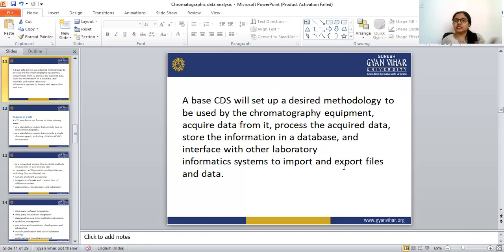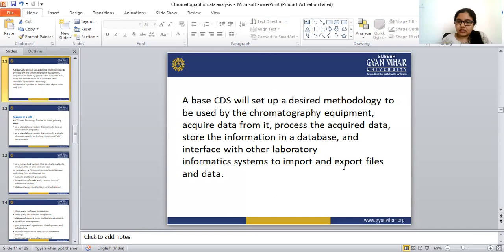So what does the CDS do? First, it will set up a design method that is to be used by the chromatographic equipment. With the help of the CDS, we can collect the data from the chromatographic equipment.